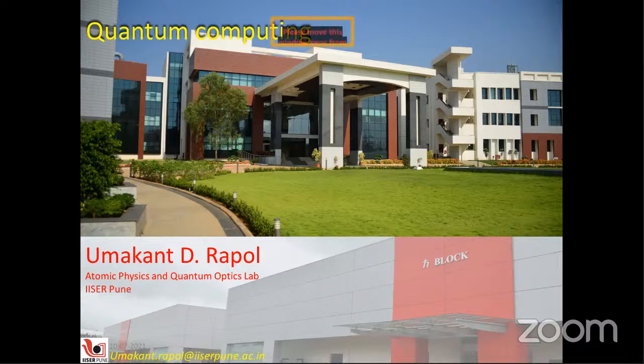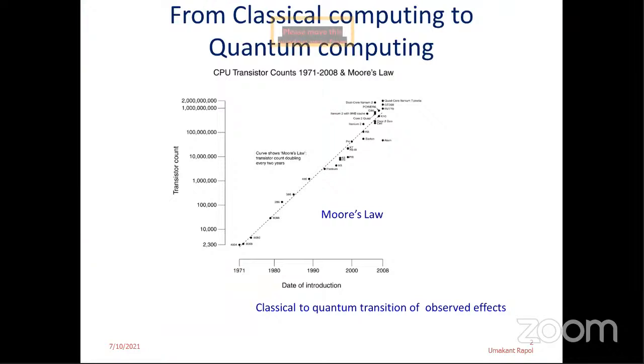Thank you very much for the kind introduction. I would like to give a small overview about how quantum computing is done, taking an example of ions in an ion trap, of the work that is currently going on, or that went on in some groups abroad, especially at Innsbruck. And also I will give a short overview about the research that is going on in our group at IISER Pune. So we all know that quantum computing has picked up a lot these days, and there are reasons